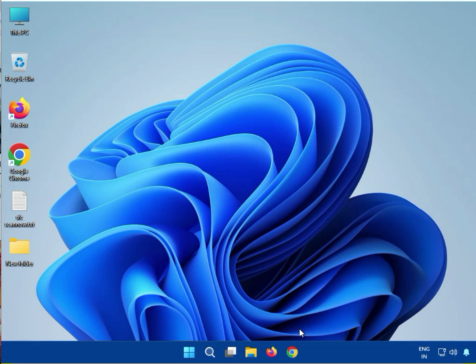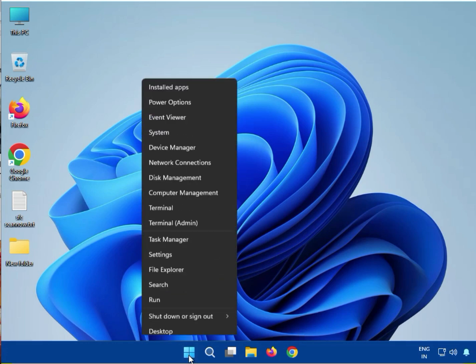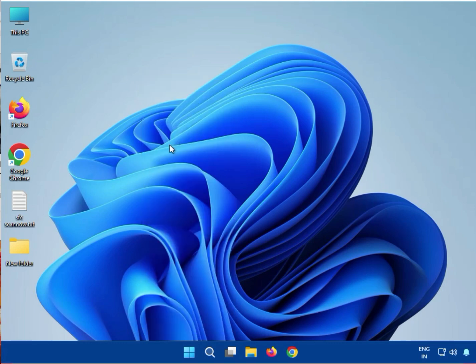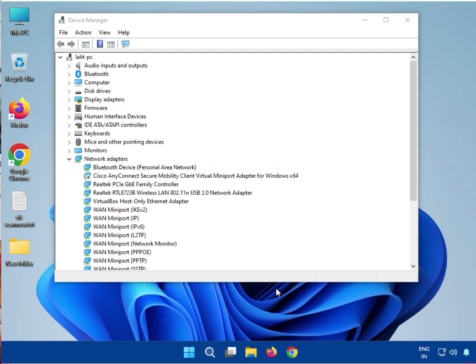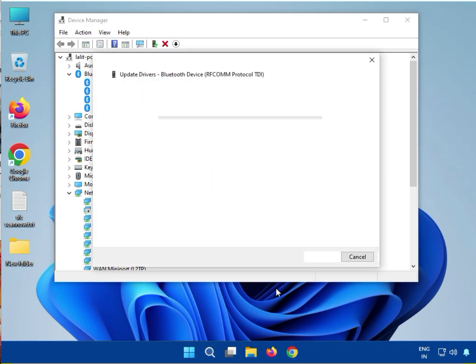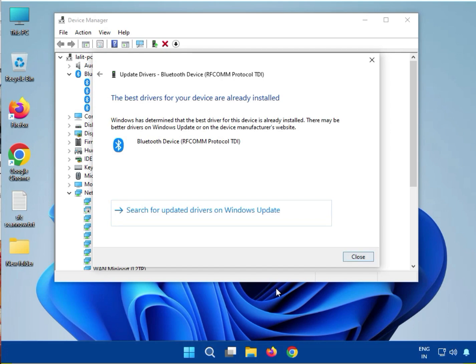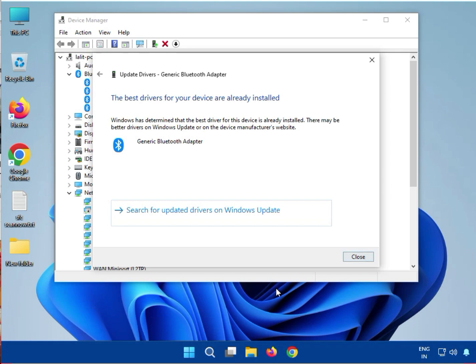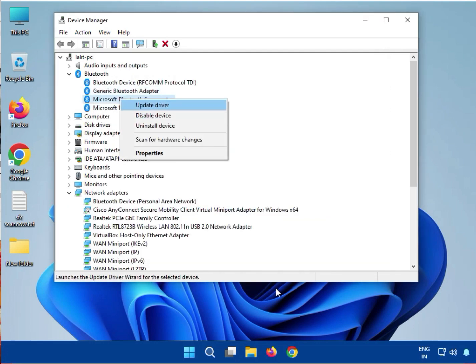So guys, first, right click the Windows icon and go to Device Manager. So this is Bluetooth, just right click to update driver, close, then one by one update, click on search automatically,